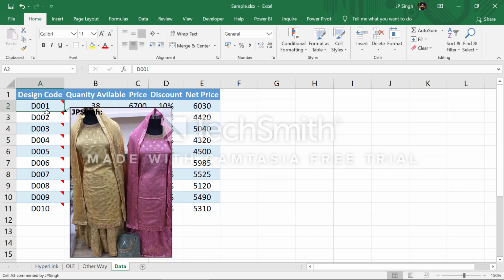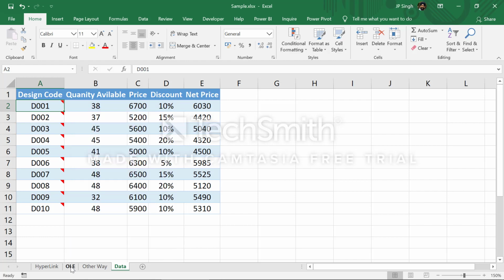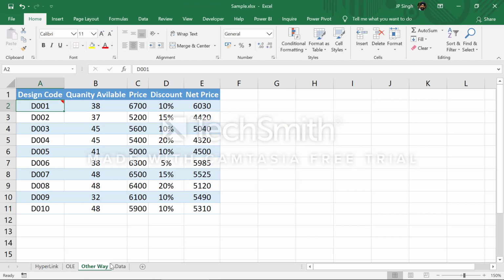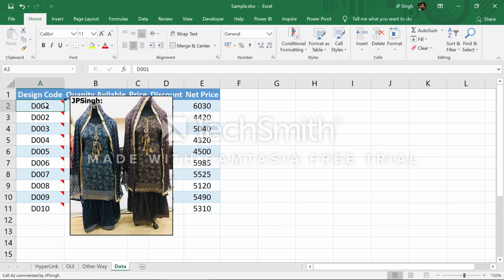So what we learned in this video, guys, is hyperlinking, which is one solution for the picture. We learned object linking and embedding, which is again a way, but you understand the problem. But this is a solution which comes as a tips and tricks for inserting an image as the background of a comment. So I hope this video will help you in some scenarios.